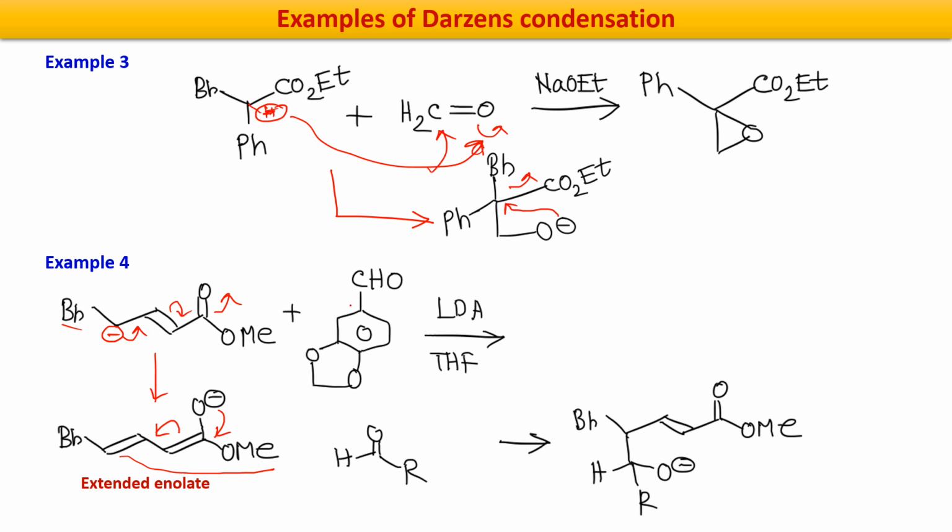Now for simplicity, this part I have written as an R group. So when it is attacking here, negative charge. It is better, if we have some complex structure, to just simplify it. So I have here this R group. So it is attacking, negative charge over oxygen. So this part is coming from the aldehyde, and finally oxygen carbon bond formation, bromine is removed. So what will you get? You will get something like this,